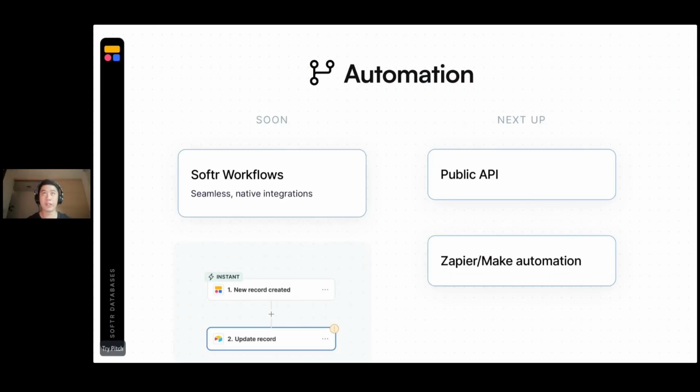And of course, this summer, probably 1 to 2, I would say 2 months to be sure, we are planning on launching the first beta version of Workflow, which obviously will have native integration with Softr Apps and Softr Databases. That's something that's coming up. That's another big launch we're planning on.